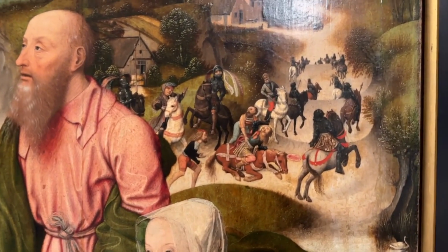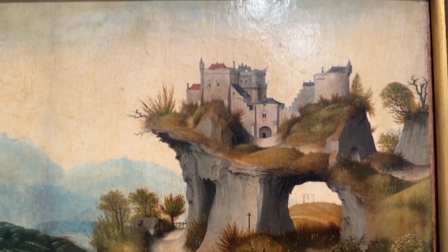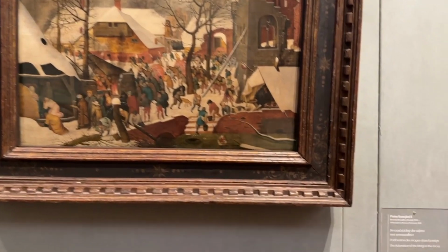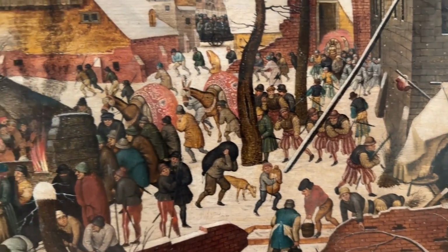Fabulous colours, the drapery is all executed brilliantly, and then in the distance you've got all these little characters and a bit of a landscape as well. There's no part of that painting that's wasted. And then here we have another Bruegel, the younger, I think this is, so a slightly different colour palette, but